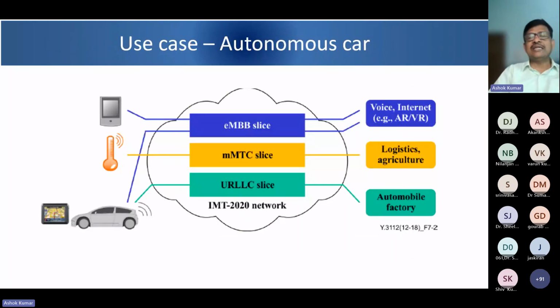They also gave an example where I have three slices: eMBB, mMTC, and URLLC. A single user, for example this car as a user equipment, will be able to connect to more than one slice. It is connecting to the eMBB slice, maybe for infotainment, and the URLLC slice, as you can see here, maybe for autonomous driving. So one user equipment connecting to more than one slice was discussed in the ITU framework document.